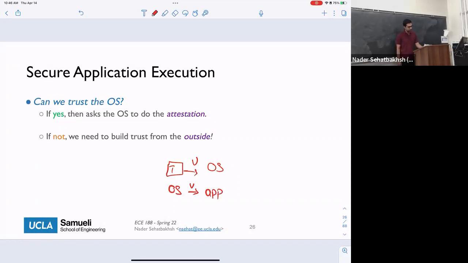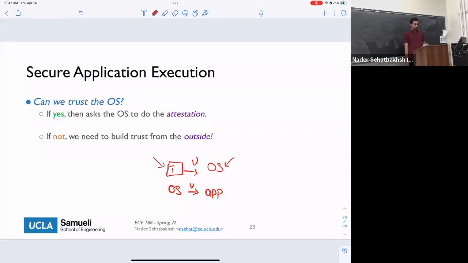So the beauty of this is that the only thing that the TPM and the boot sequence needs to verify really is only part of the kernel. And then after that, once the operating system takes over, everything else is being verified by the operating system itself, right? This way, for the boot sequence, we have a very tiny part that we need to trust. The rest of it is actually being dealt with by the operating system.